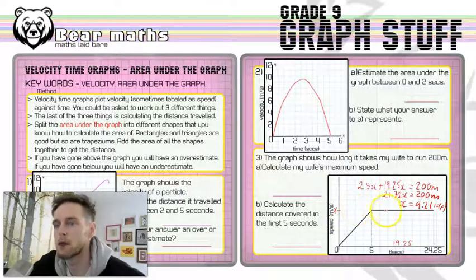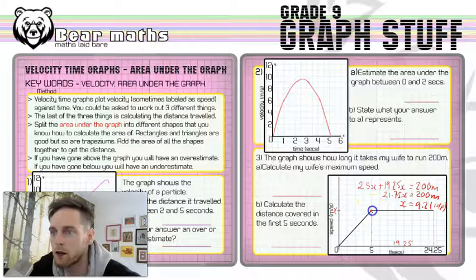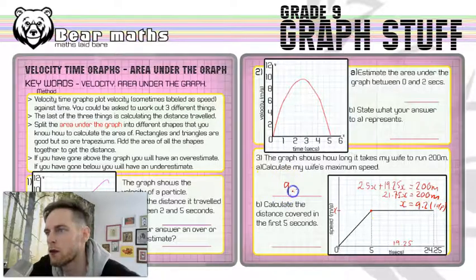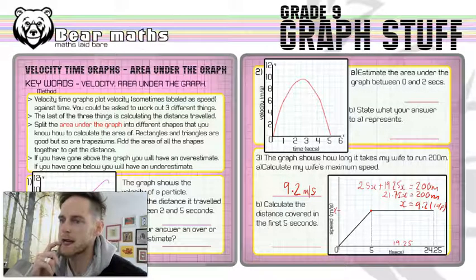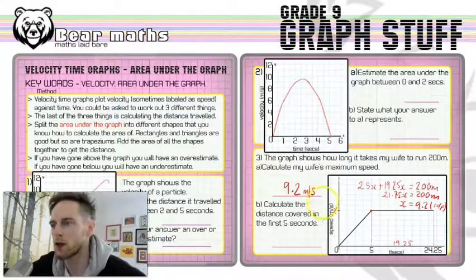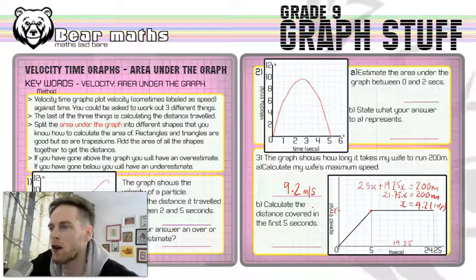Okay, and that is the maximum speed in meters per second that she's running, because that is the value of x, and that, like I said at the beginning, she hit that maximum speed there and maintained it until the end of the race. So 9.2 meters per second. Just to put that into context, the fastest man in the world, Usain Bolt, can run at about 10.5 meters per second. Okay, so 1.5 meters per second more